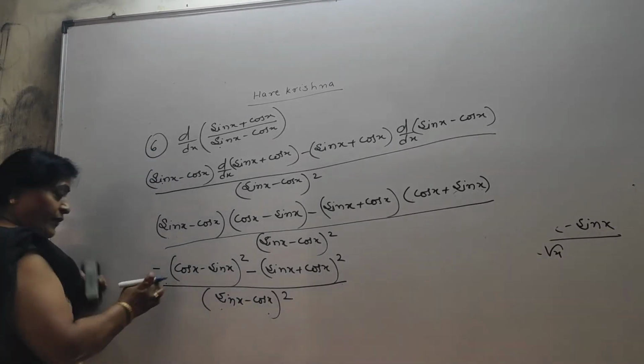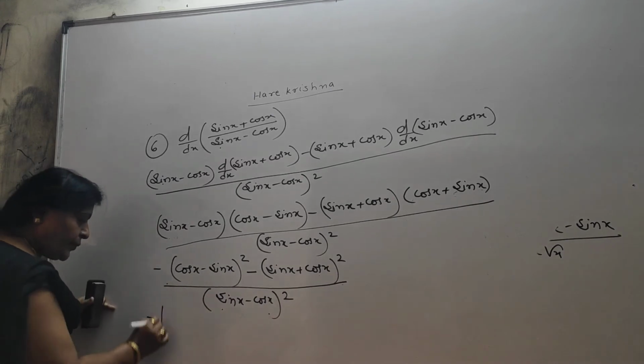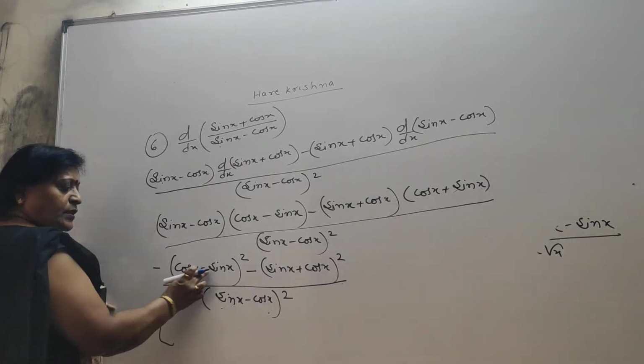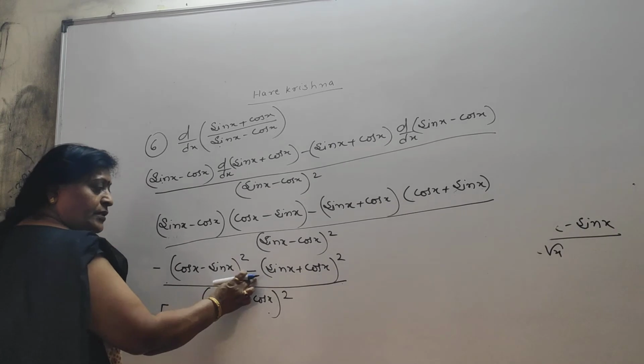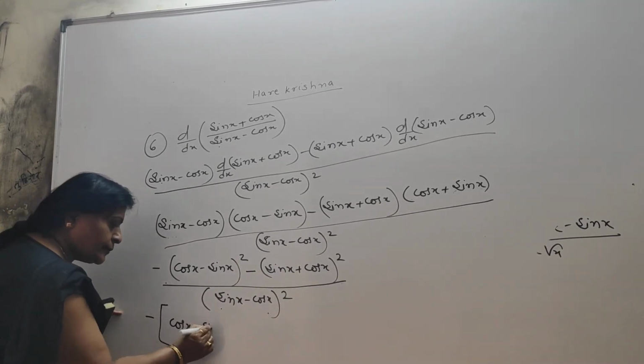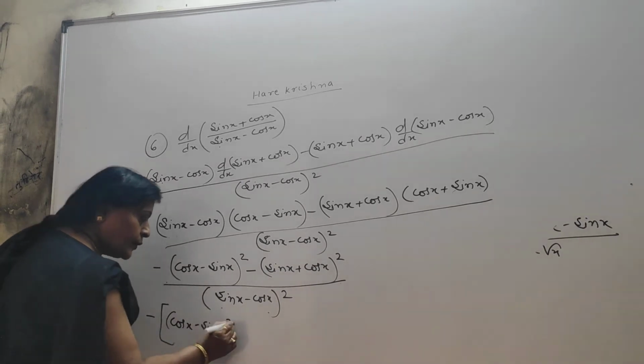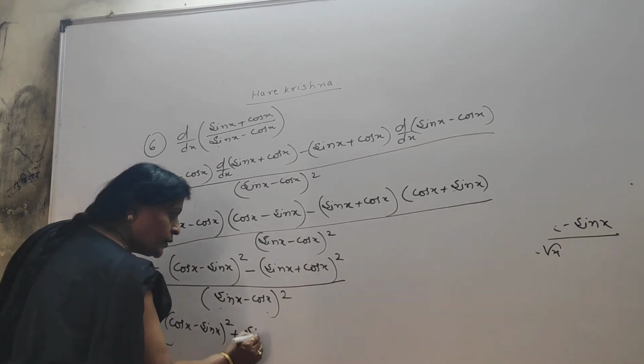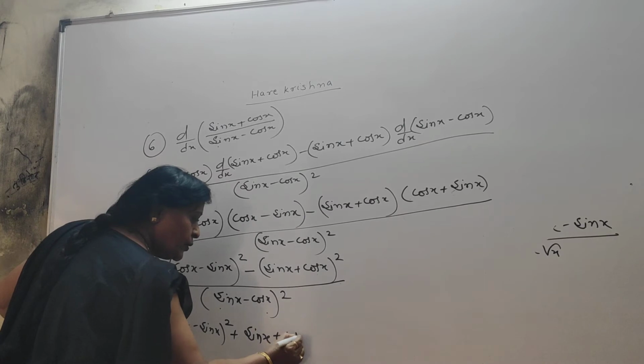Now, if you simplify this, again you can take minus sign common. If you take minus sign common, (cos x minus sin x) whole square plus (sin x plus cos x) whole square